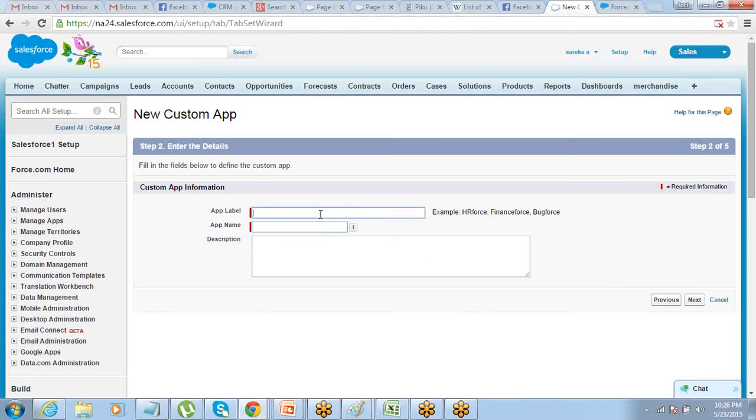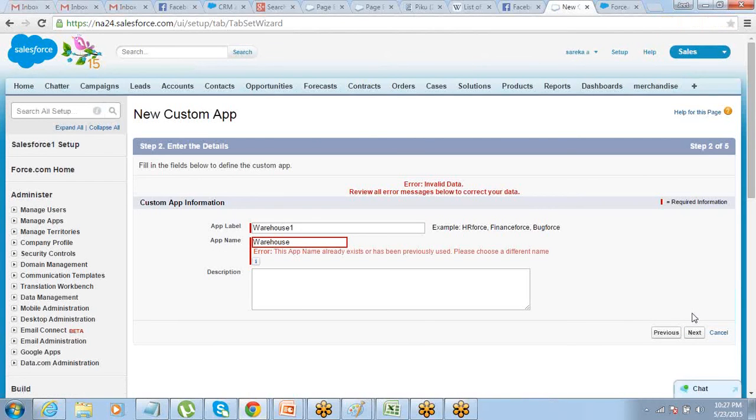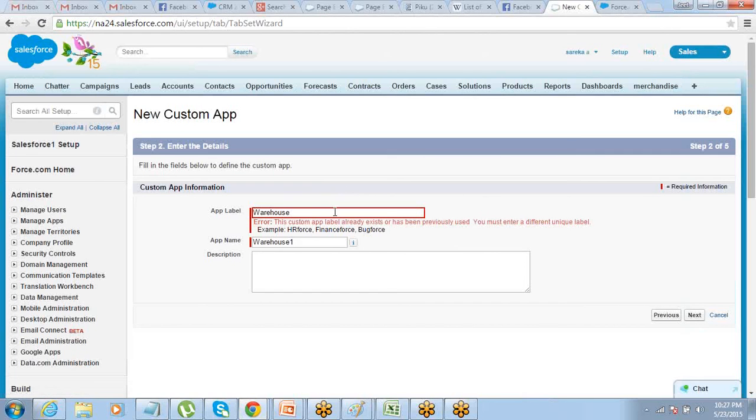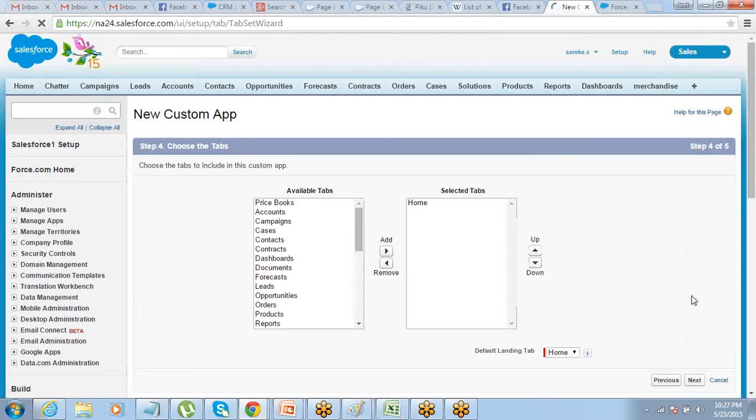Then go to next. Just keep on going to next.